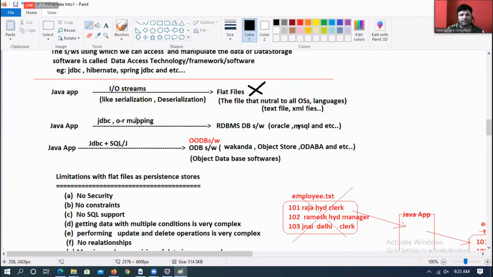Object relational mapping is nothing but Hibernate. Not only Hibernate, there are many ways to write OR mapping style persistence logic, but Hibernate is popular. So to talk to RDBMS database software, we have two options: JDBC and OR mapping. So we started understanding the limitations of JDBC, so that we will get reasons to work with OR mapping and Hibernate.